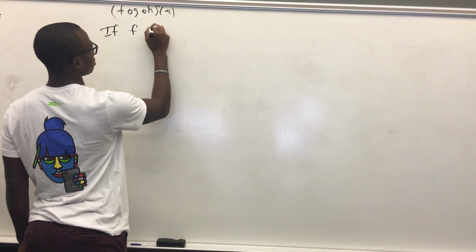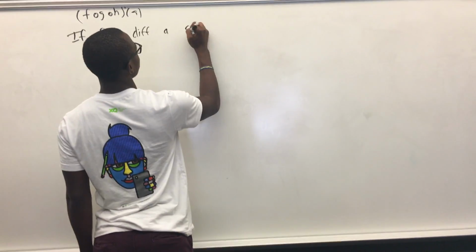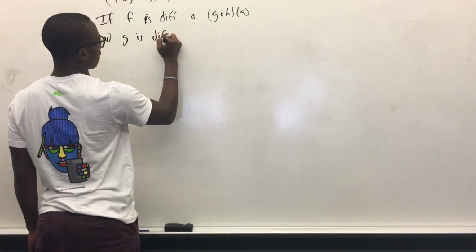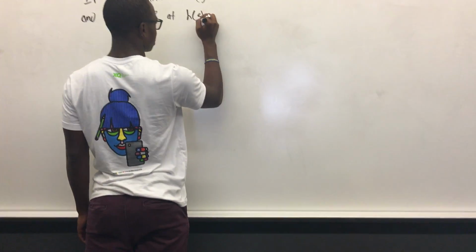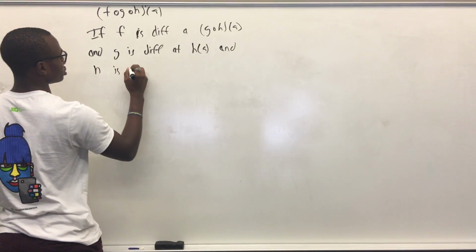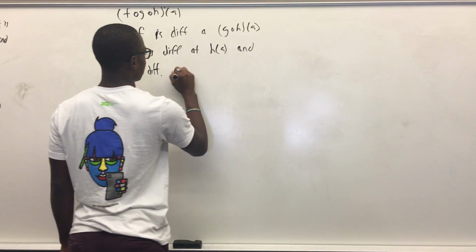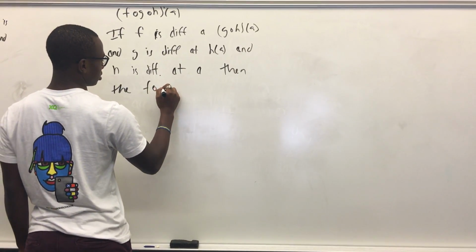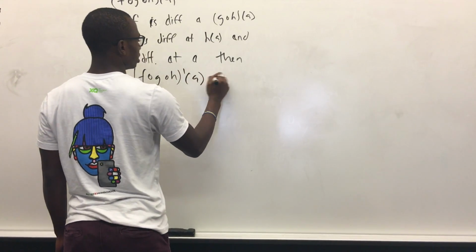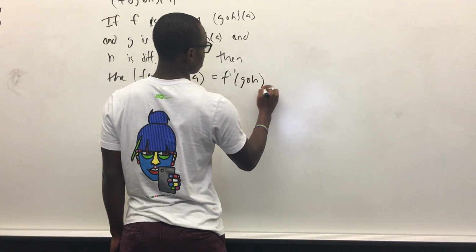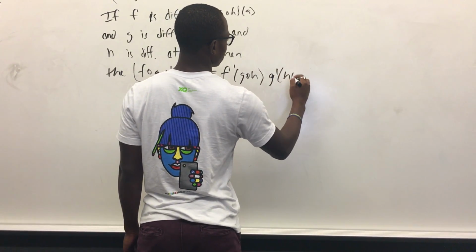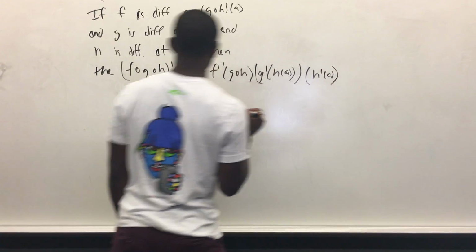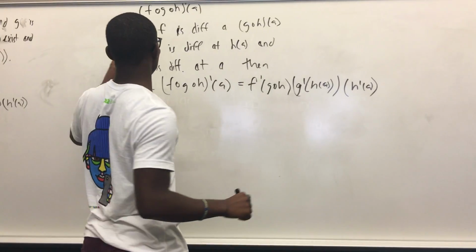If f is differentiable at g composed with h of a, and g is differentiable at h of a, and if h is differentiable at a, then the derivative of that would be f prime of g composed with h of a times the derivative of g at h of a times the derivative of h at a. And so, using this formula,